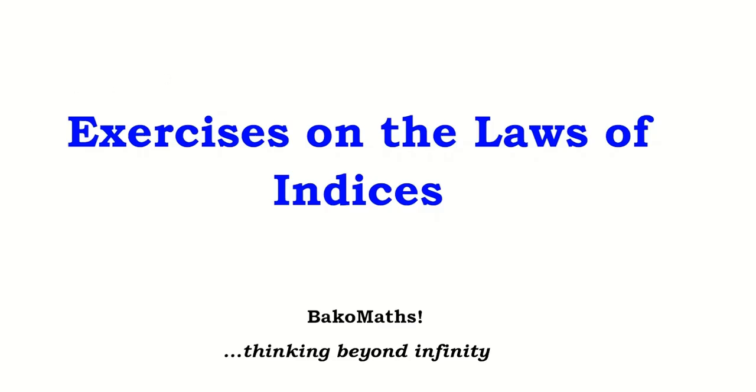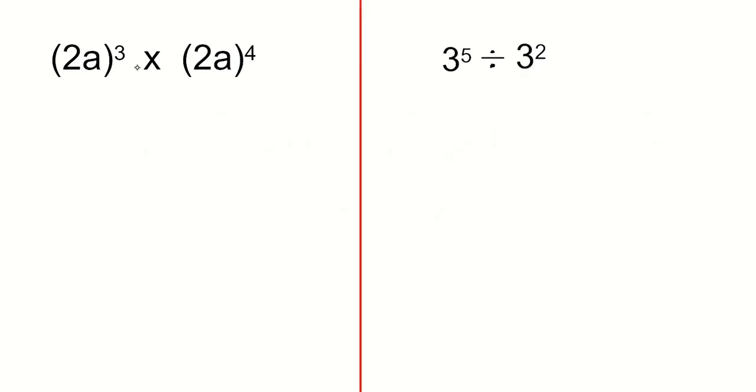Let's get started. We have our first example: (2a) exponent 3 times (2a) exponent 4. We can see at this point that the bases are the same. Once the bases are the same and they are multiplying, you just add the exponents. So our solution becomes: we write one of the bases, that is 2a, and add the exponents, that is 3 plus 4. So this gives 2a